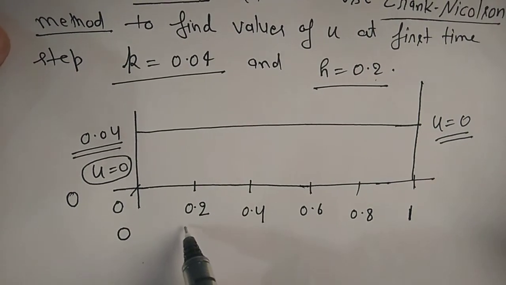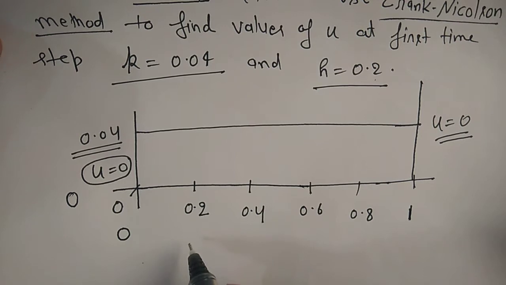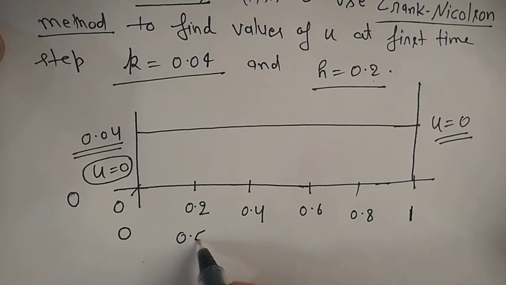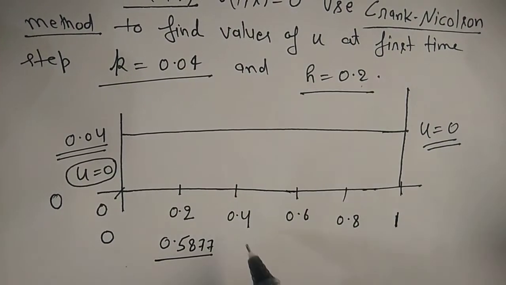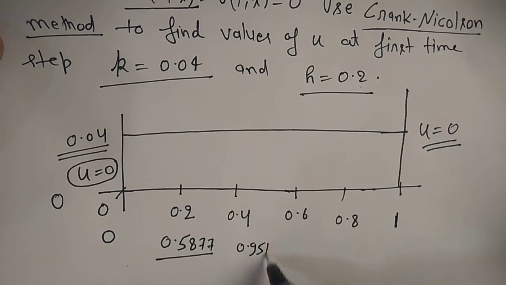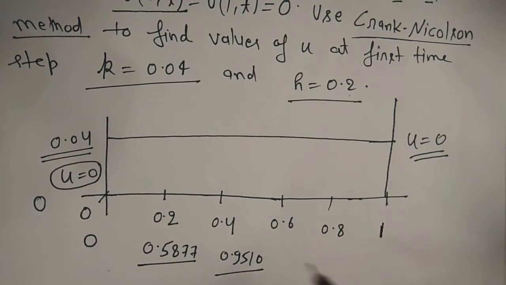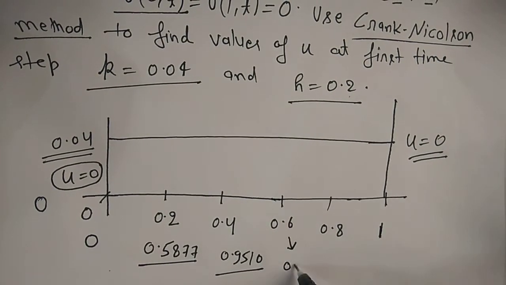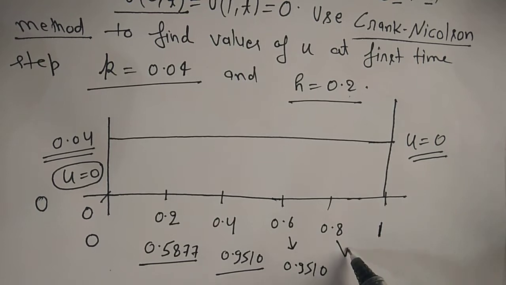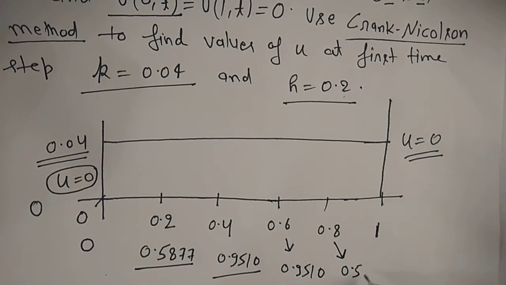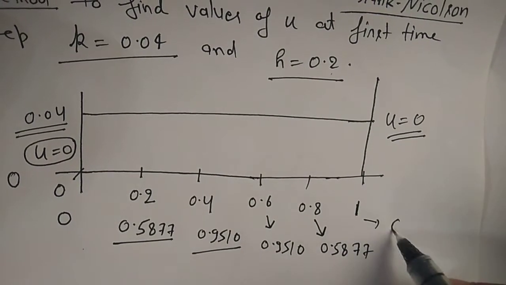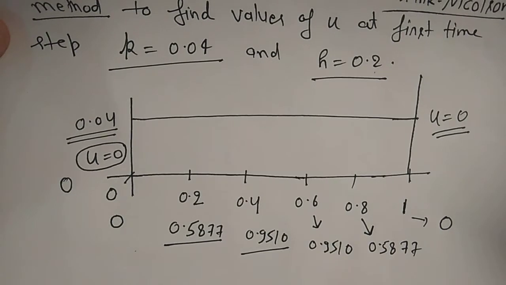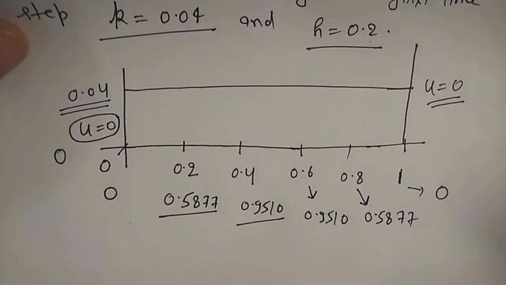Here we have sine 0.2 pi, so this is 0.5877, the value of sine 0.2 pi, and sine 0.4 pi will be 0.9510, and 0.6 pi again 0.9510, and 0.8 pi is 0.5877, and sine pi is 0. So this is the boundary condition given, and if you write the notation, so we have